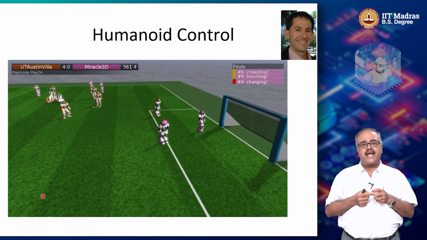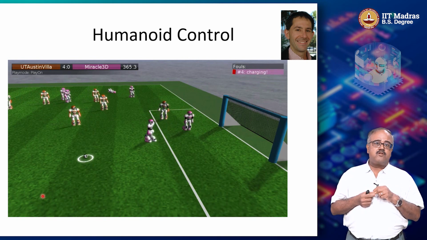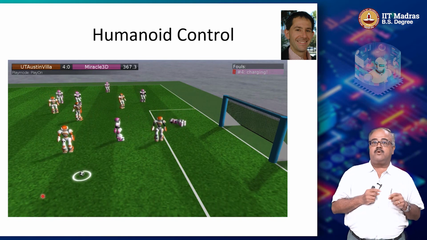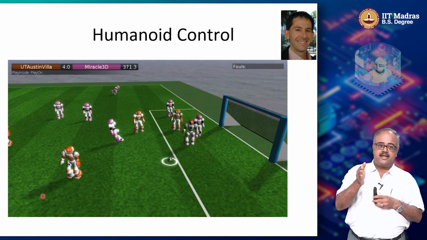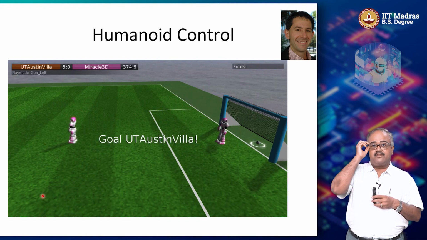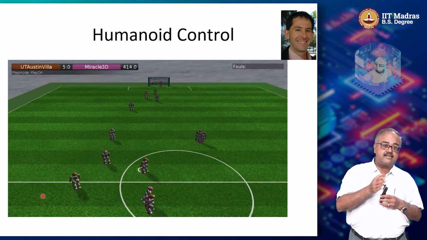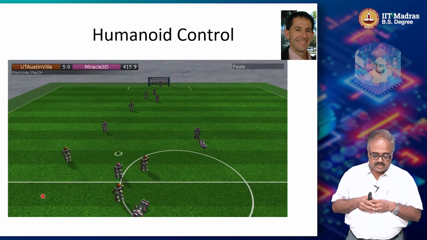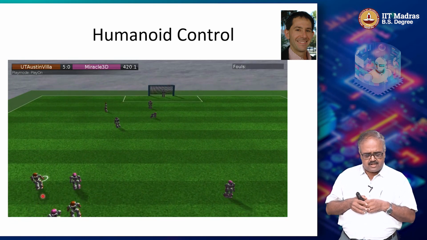But one of the things they had a lot of trouble with was getting the robot to kick the ball. The robot has to stand on one leg, swing the other leg, and then kick the ball. When it is far away from the goal, it has to kick with enough force and in the right direction so that it goes towards the goal, without falling over more often than not. It turned out to be a very hard problem.